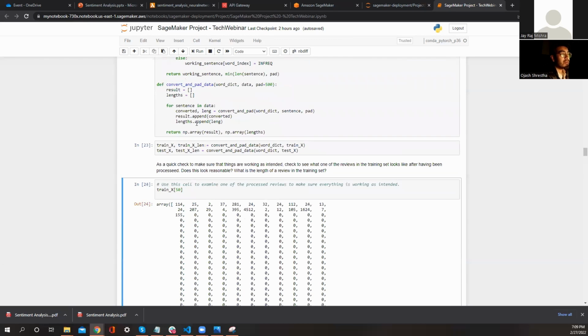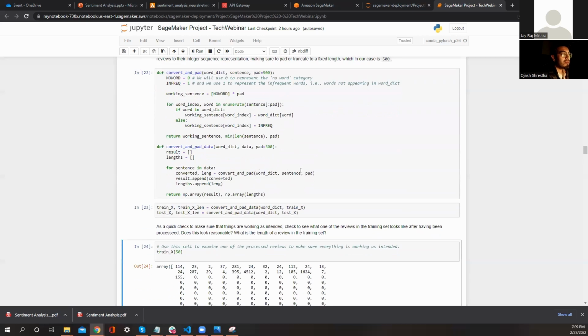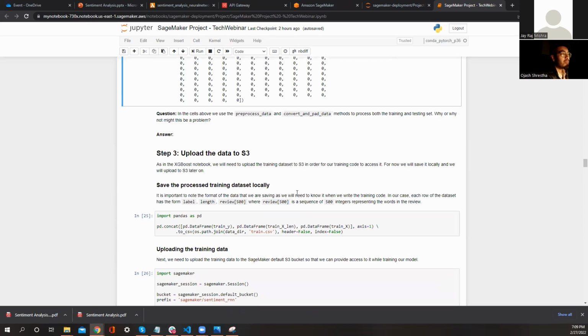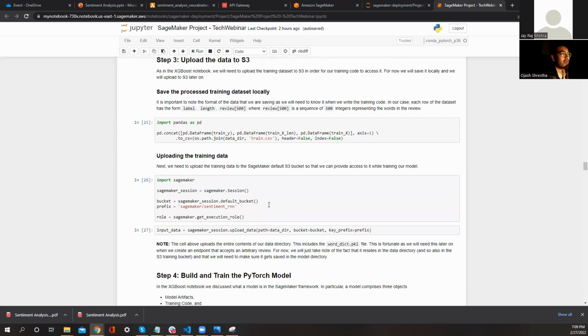So we are transforming these words into numbers, and a lot of these functionalities are done by PyTorch itself, the library that we use. Once this array has been created, we upload the data to our S3 bucket. S3 is the very same thing that I've been talking about that we use to store our data, and people who've used web services have obviously used S3 buckets too, right?